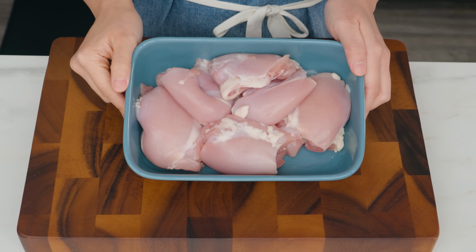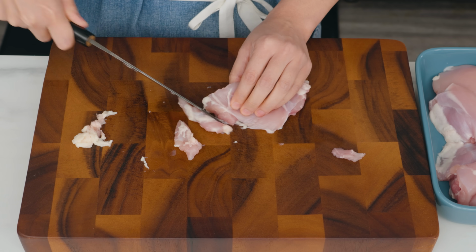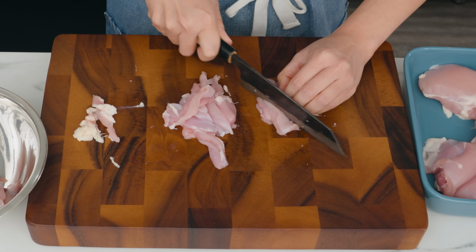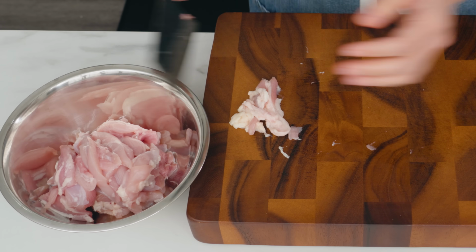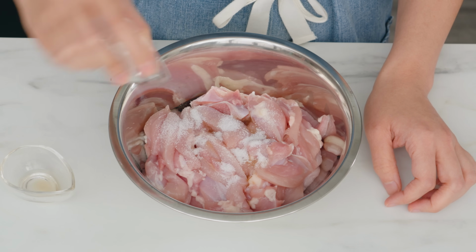For this dish, I recommend chicken thighs, but if you insist on breasts, that's fine. Trim off any excess fat if you want to, then cut into half-inch thick slices. If any pieces are super long, make sure you cut them down so they're not too big. Then I'm going to let this marinate in some fish sauce and a little bit of sugar, which will help